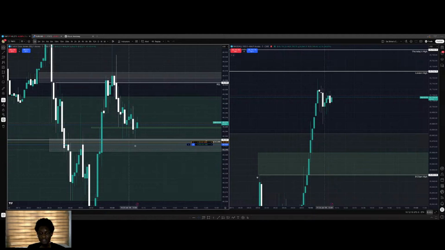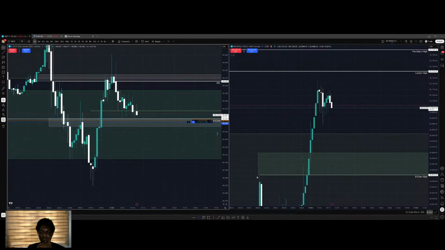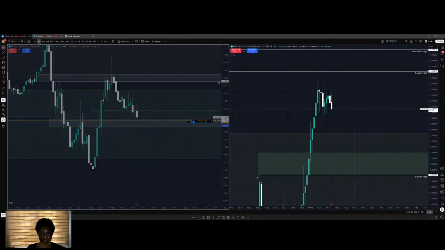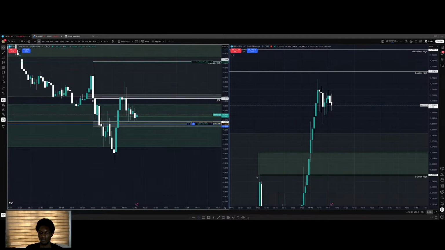This is interesting because we've created equal, so I do expect us to respect this order block and take this out. We do have a 2 minute gap. So it's either we might have an OT setup where